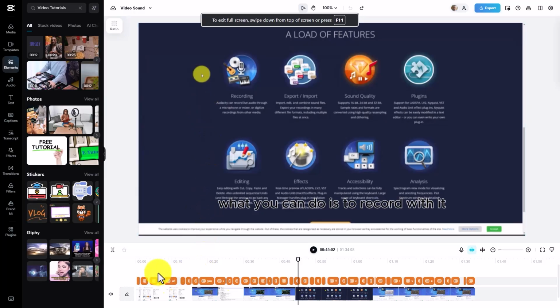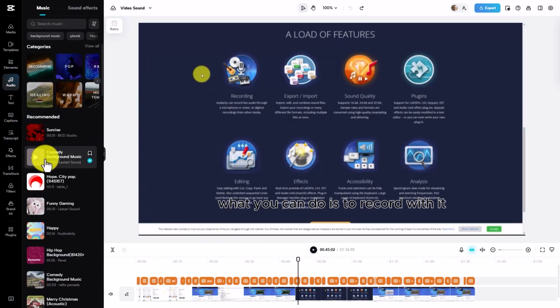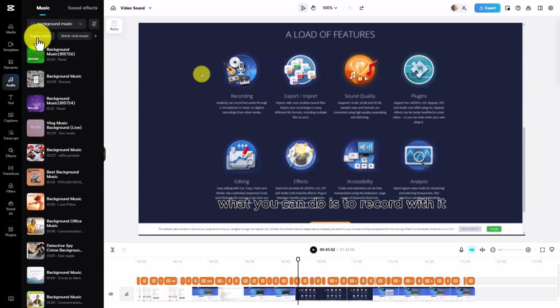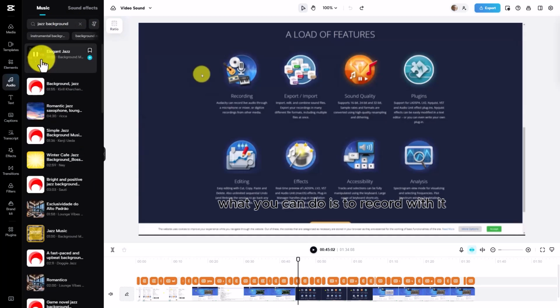Welcome back. Since CapCut does have a timeline, you can use that timeline and you can add in audio to your video. If you click on the audio element, you can choose the kind of music that you want. You can choose the music by the prompt, or you can search for what you want. You can then click on the element